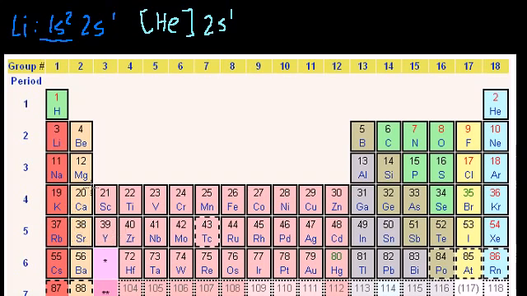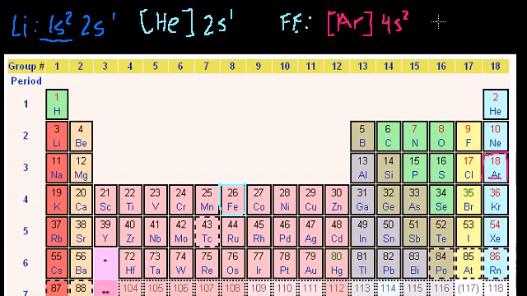You could do that a bunch of times. Let's say we wanted to figure out the electron configuration of iron. Instead of going through the whole thing, it's 1s2, and then it's 2s2, and 2p6. Instead of doing that whole thing, you could just say iron's electron configuration is the same thing as argon's. So I'll just put argon in brackets. And then you get, what is this, 4s2,